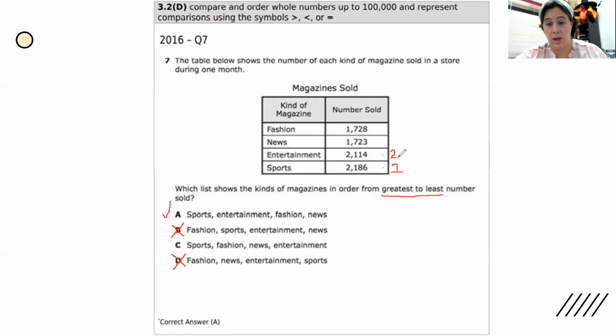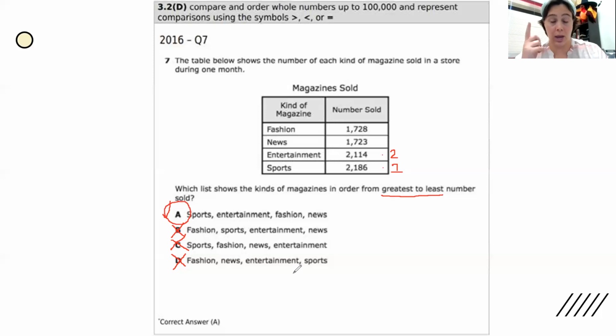So why don't we go ahead and check our answers here? With A, we have sports and then entertainment. Okay, that could be our answer. Let's look at C, sports and then fashion. No, that does not work. So by using process of elimination, we were able to find out that the answer to this question is A,